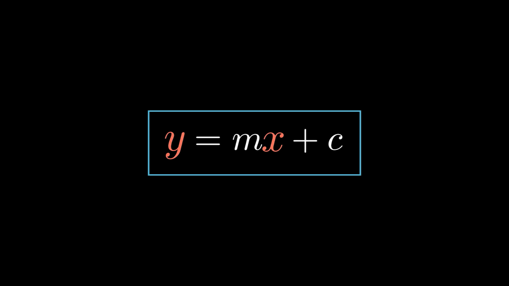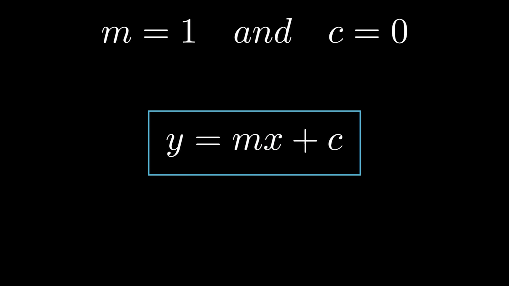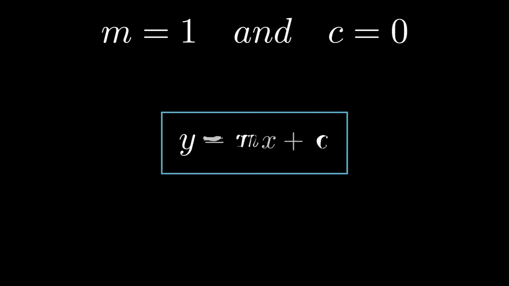Finally, we have the coefficients x and y, which many of you might already be familiar with. Y corresponds to the ordinate and x to the abscissa. Not too complicated, right? Let's break down the simplest linear function by assigning specific values to m and c. Let m equal 1 and c equal 0, leaving us with the function y equals x.